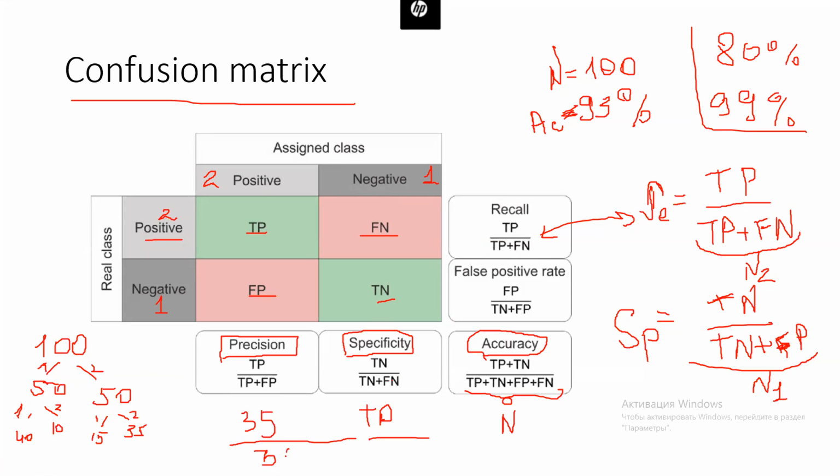So we need to divide true positive by true positive plus false positive. Which part of positive results is correct? So I take my calculator: 45 divided by 58. That's 77%